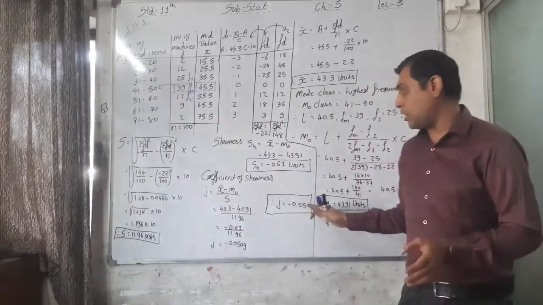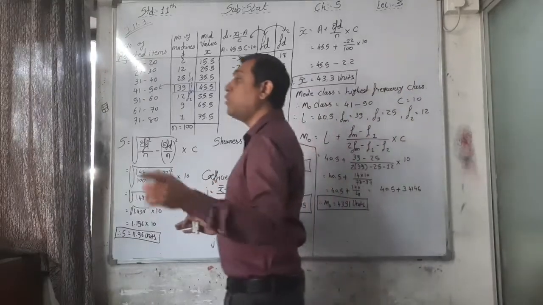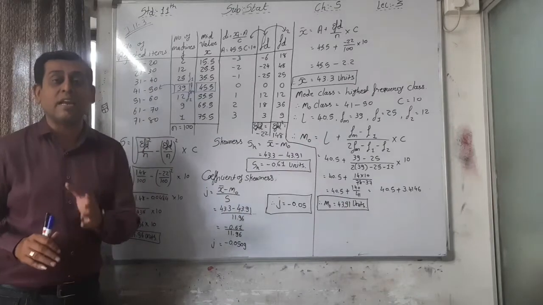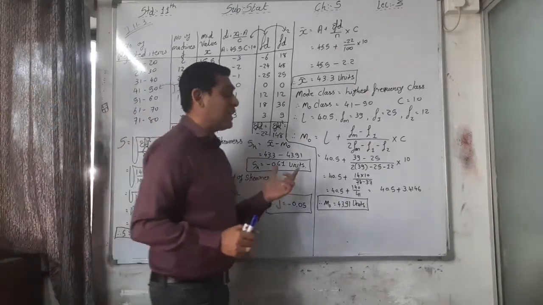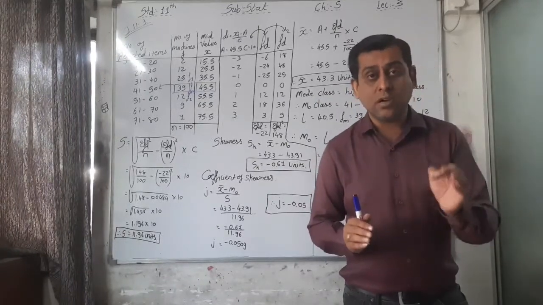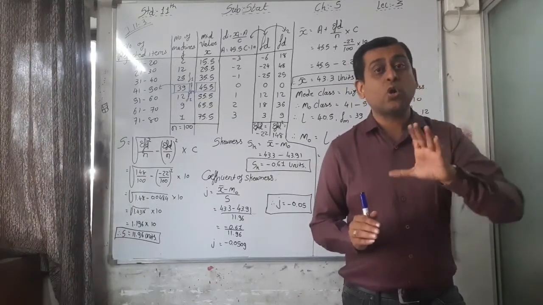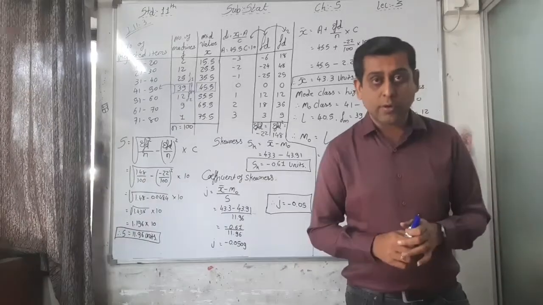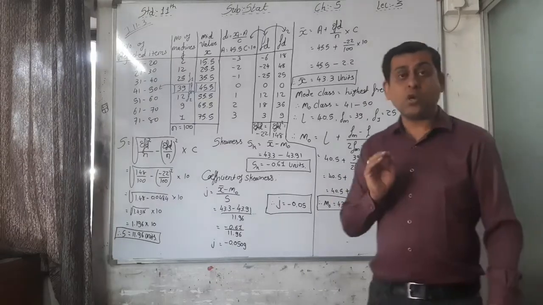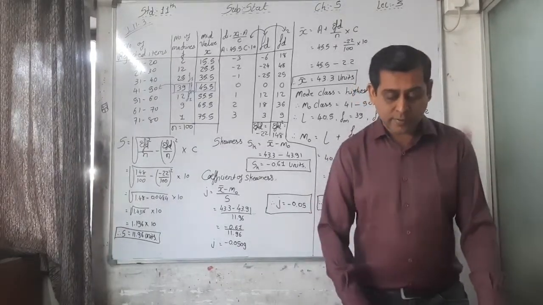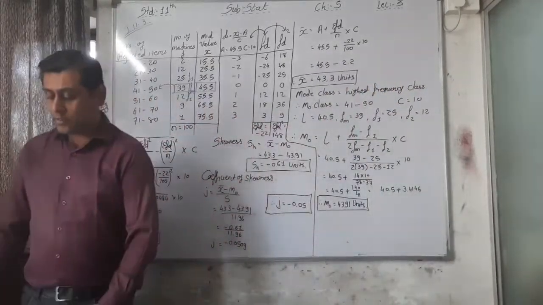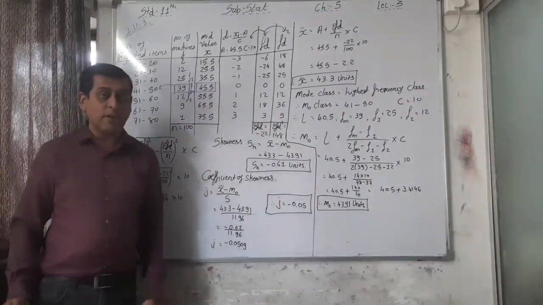If the answer is positive, that means skewness is positive. If the answer is negative, then you can say the skewness is negative. And also, if it is nearest to 0, then you can say it is almost nearest to or closer to symmetry. Okay, that you have to write down after the sum. That is your main answer. So please write down that. Here I am giving you 1 or 2 minutes for that. Please write down this sum as well as the answer, one line.